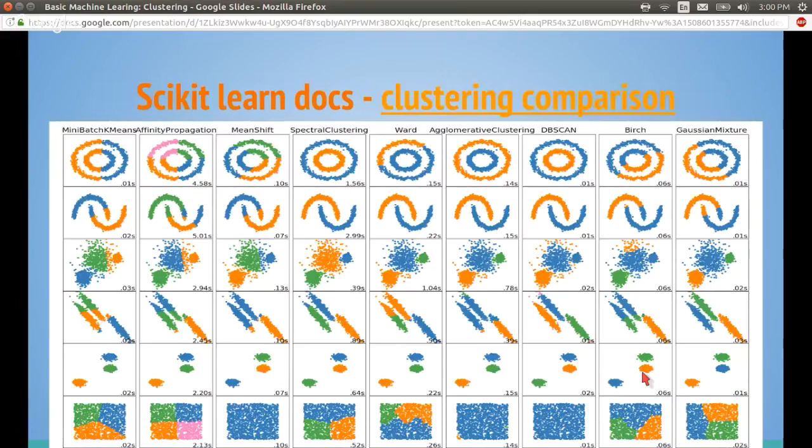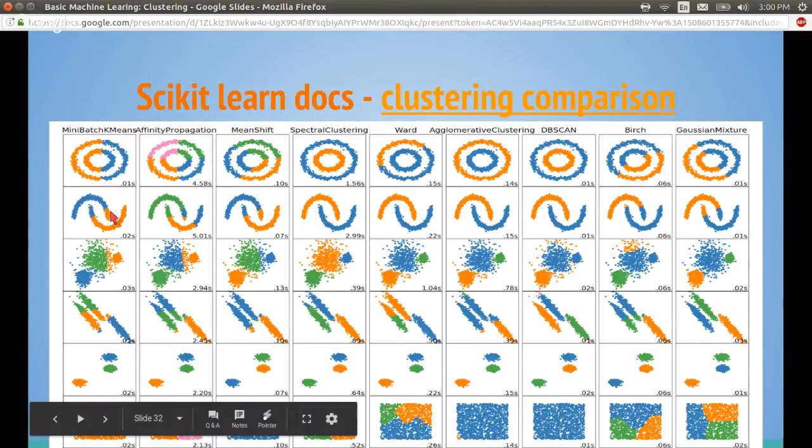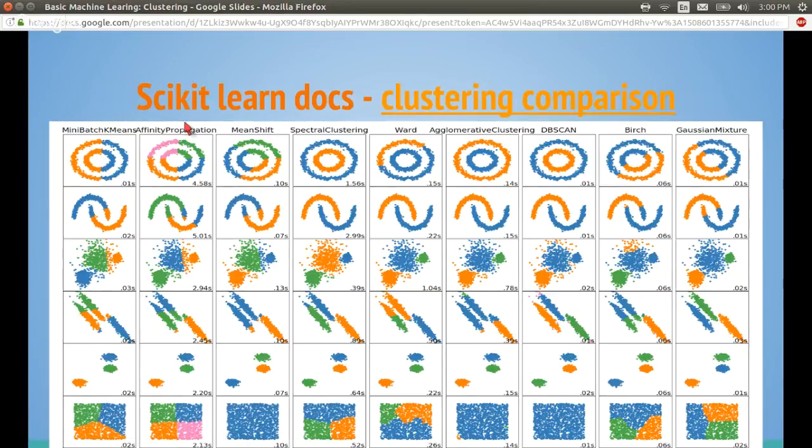If anyone's ever seen in Python, I forget the name of the library, we'll look at it in a minute. It's for making data sets. There's like a moons, right? These sort of moon-looking things. That's moon data sets. There's names for all these different algorithms, and you can actually see these different ones, mini batch